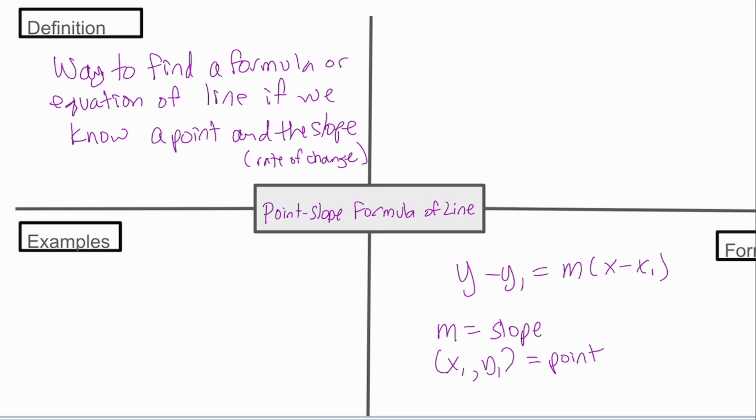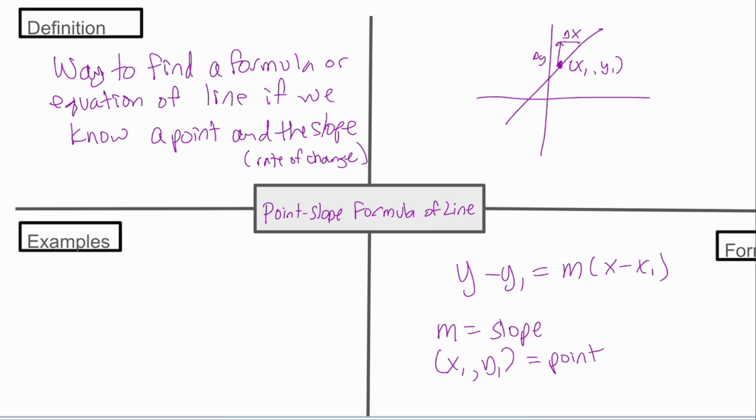Okay, so a graphical interpretation, you know, we would have to know a point, and then we would go the slope delta y over delta x. There's not much graphically because this is an algebraic technique that we could use. But as long as we know an x1, y1, and a slope, we can find the equation of the line using this